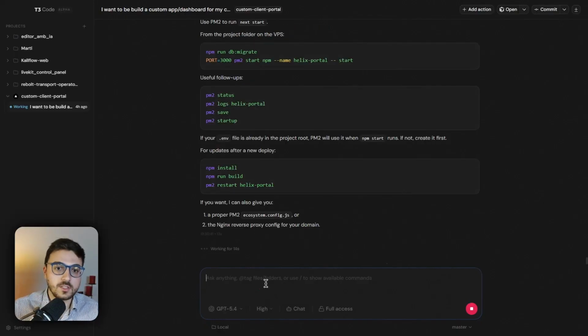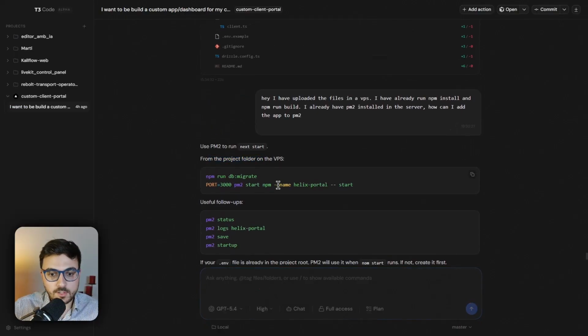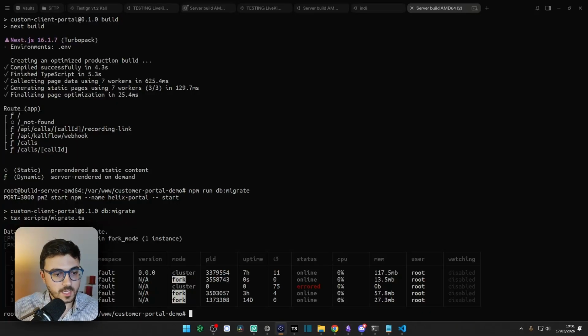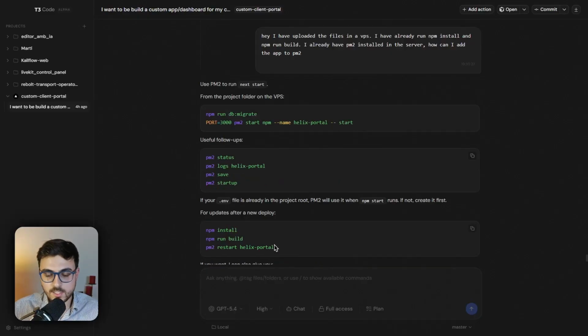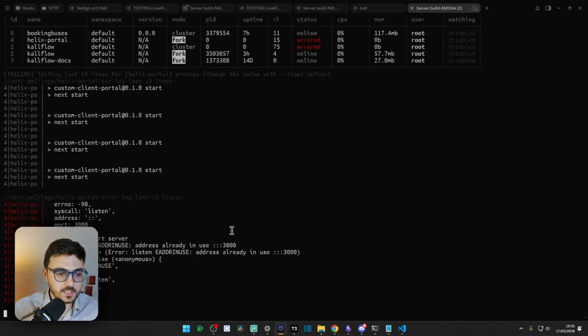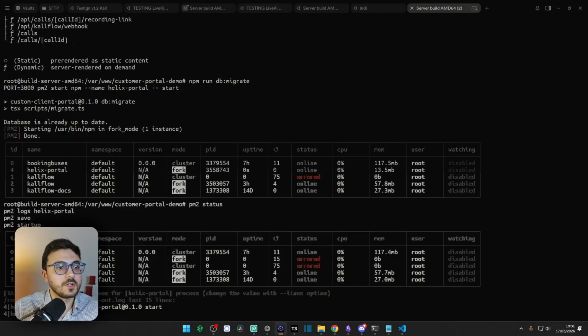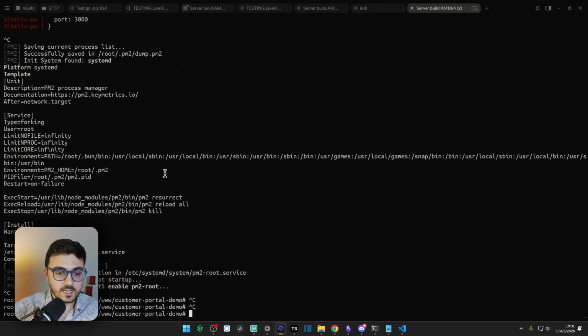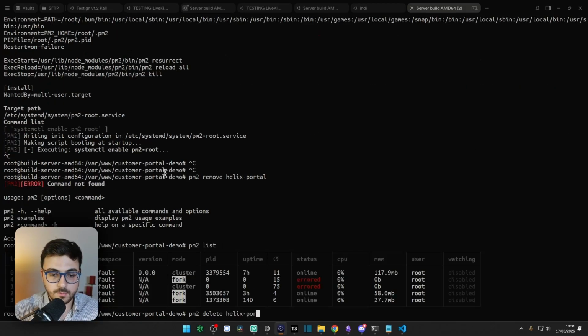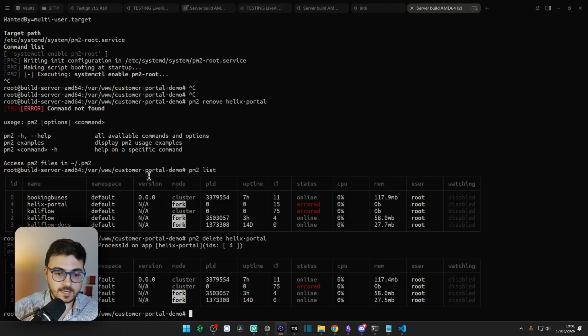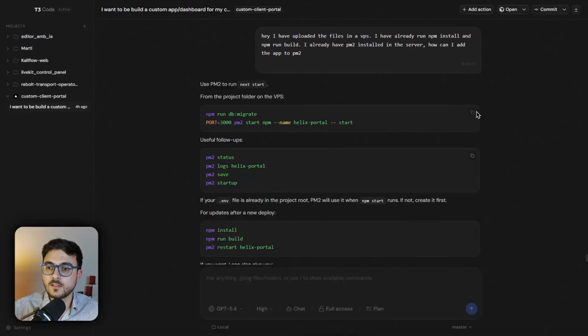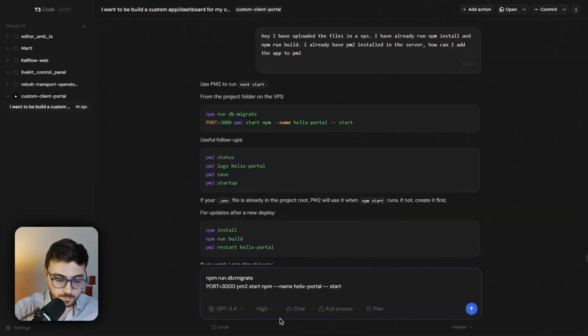To add the application into pm2 from the project folder, let's run this. Awesome, and we have Helix portal here. Then we also run this just to save the configuration. And there's actually an issue here. Instead of using port 3000, as I already have it used, I'm going to first delete Helix portal. Awesome. And now instead of running this exactly, I'm going to send the port